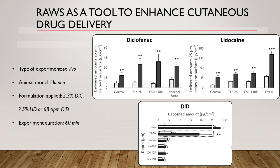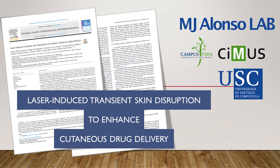However, and especially when considering the results observed for the fluorophore DiD, it is clear that the extension of the penetration was not only affected by the ROS, but also by the physicochemical properties of the drug marker and the co-administration of chemical enhancers. In brief, this manuscript demonstrates that ROS provide a non-invasive procedure that avoids skin damage on